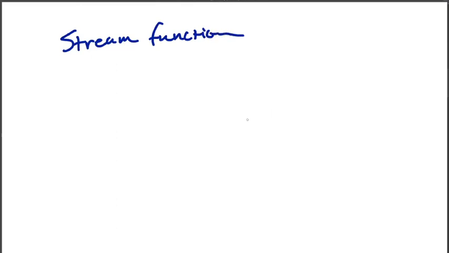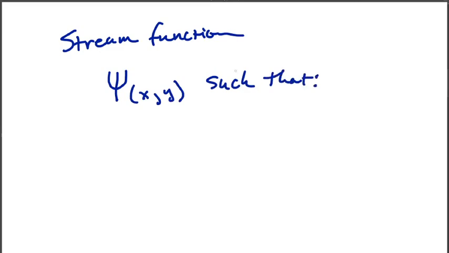And a stream function is a function psi of x and y, such that our velocity is given by derivatives of this. So this is especially useful for two dimensions, and so I'm going to use just a two-dimensional decomposition for the